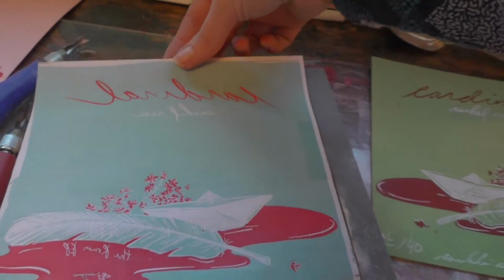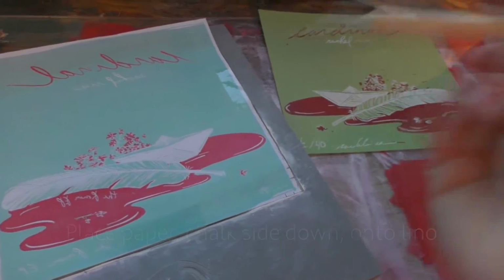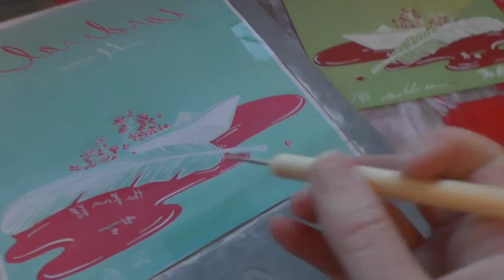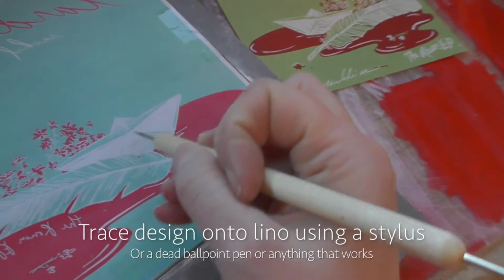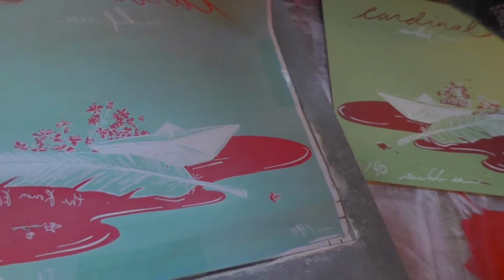So then you place your drawing on the linoleum block, and there's chalk on the back of it, so you take a stylus, like a sharp, pokey thing, or a ballpoint pen, whatever, and you just draw whatever color you're doing. So this is the white layer, so I'm going to trace all the edges of the white, and then once I have lifted that up,